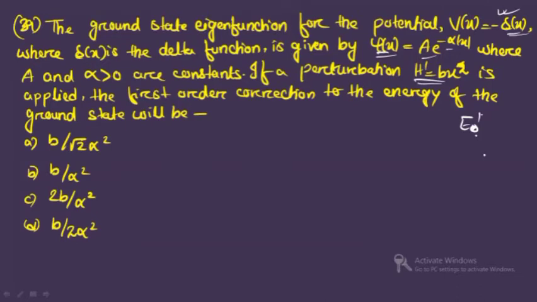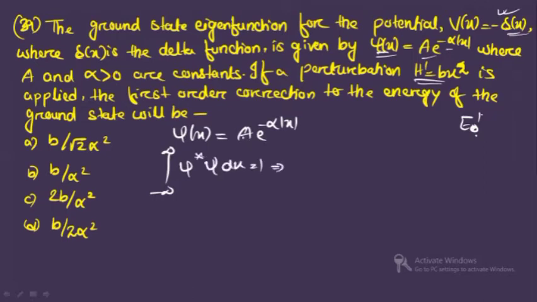The first thing that you have to check is the eigenfunction, whether it is normalized or not. If it is not, then you have to normalize it. So here we will normalize the eigenfunction first. So what is given to us? Psi x is equal to A e to the power minus alpha mod of x. Okay. So normalization condition is what? Integration minus infinity to plus infinity psi star psi dx is equal to 1. Now if you see here, this will be mod of A square, integration minus infinity to plus infinity, this term will become e to the power minus 2 alpha x. No imaginary term, so psi star psi both will be same. So this is equal to 1.